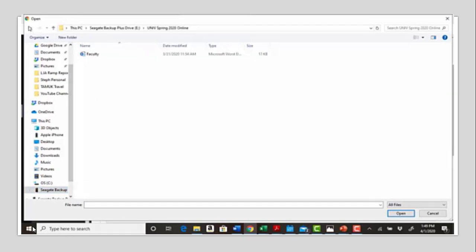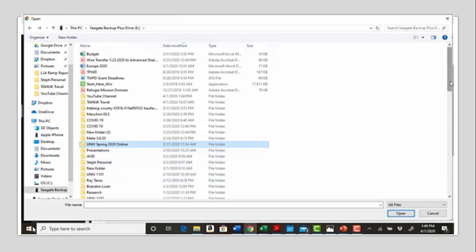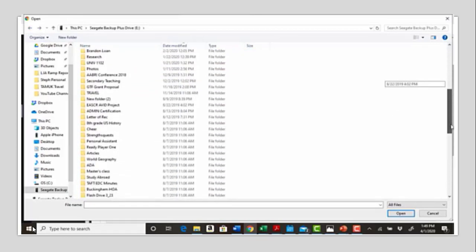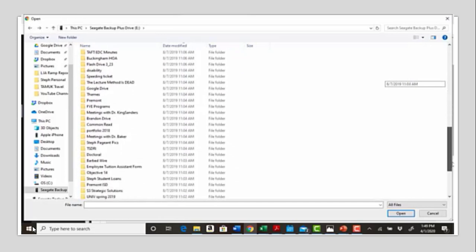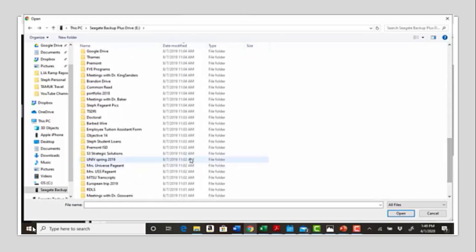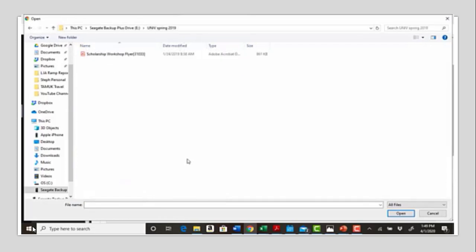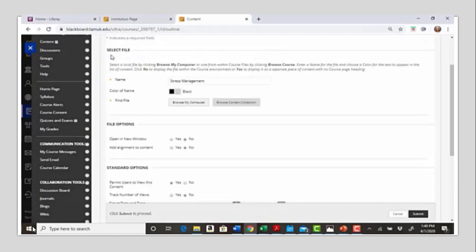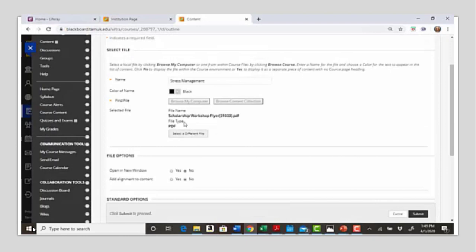And let me go back to find my 1201. Like you, sometimes I have to dig for my information over here. Okay, UNIV Spring. Now, although I am doing stress management, I'm just showing you how you can upload a folder